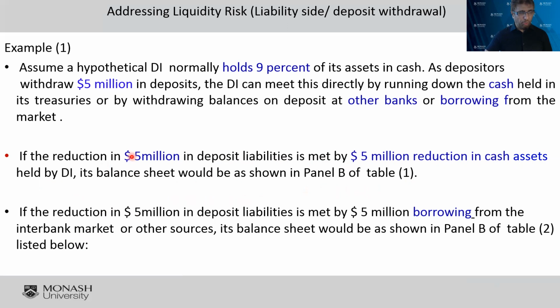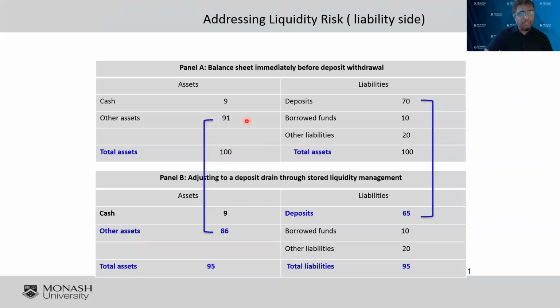We will deal with this issue when it is from borrowing, and we will deal with it when it is from the asset side. Now, let's look at this. This is simply the withdrawal. This area is the balance sheet before the withdrawal. So we have a liability of 5 million, which means my liability here will be 65. So this is the balance sheet after the withdrawal, which is a normal thing. It just dropped from 70 to 65.